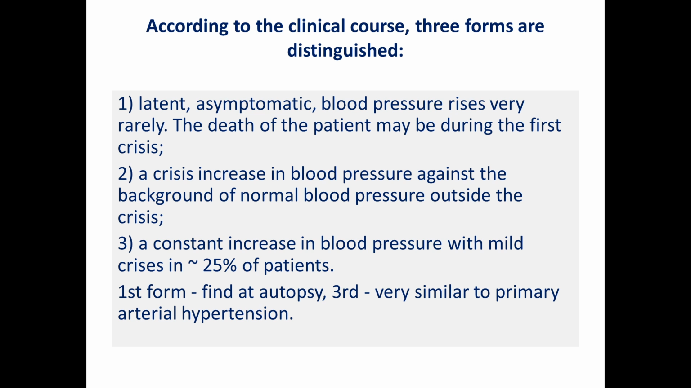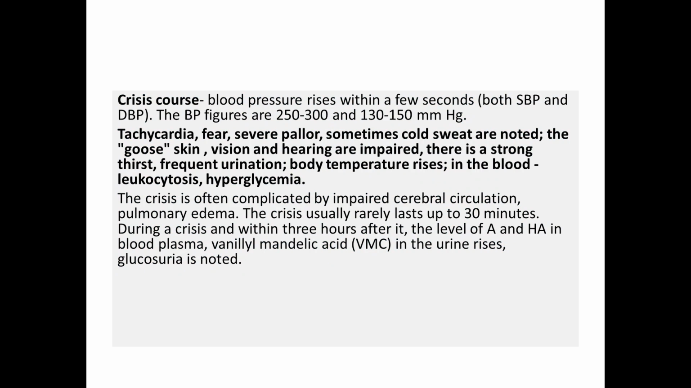It may be characteristic of 25% of patients. The first form is found at autopsy, and the third form is very similar to primary arterial hypertension. But the most characteristic is the crisis course of the disease, when blood pressure rises within a few seconds and may reach a maximum systolic pressure of even 250 to 300 mmHg, with diastolic pressure also increasing,